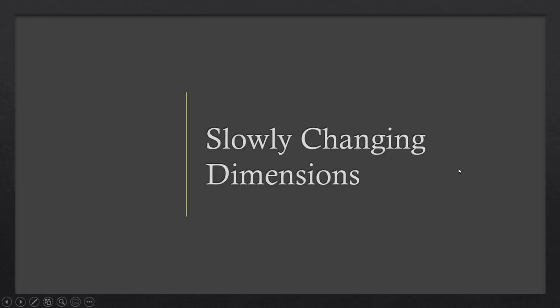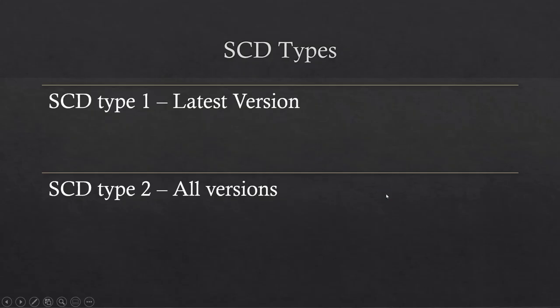Okay, now we will also talk about a very important concept called slowly changing dimensions. This we have seen in the data warehousing world, where we must have done SCD type 1 and type 2. So here in the big data world also, when we are dealing with data which is changing over time, we do talk about slowly changing dimensions and we handle them differently. So we will talk about two most commonly used SCD types, SCD type 1 and SCD type 2.